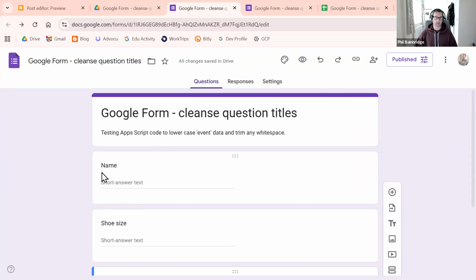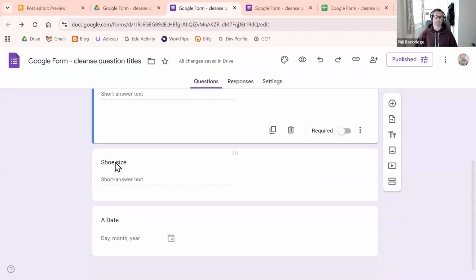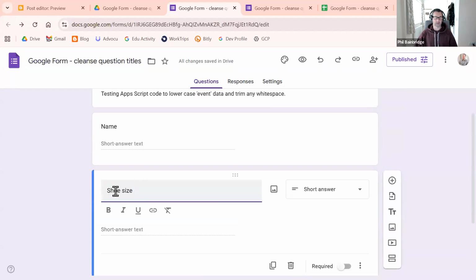The problem we've got is usually you have to be very specific in terms of the question titles that you then need to reuse in your app script code to pull out the relevant data associated with it. So here we've just got name, shoe size, and then a date, for instance. If we take shoe size, when we app script, then we have to make sure when we're accessing our object from the event data that we use a capital S at the beginning, a space in the middle, and no